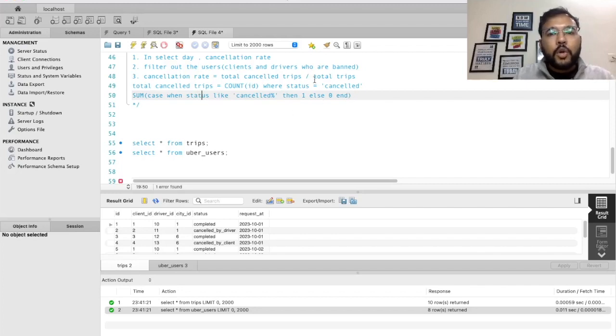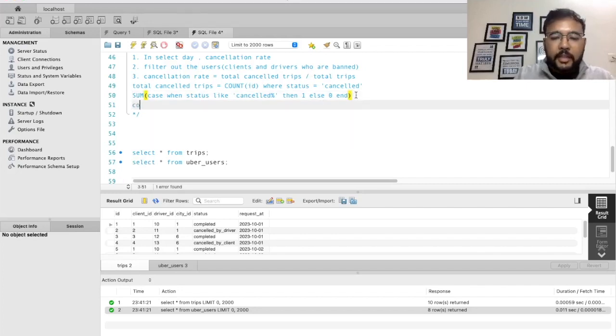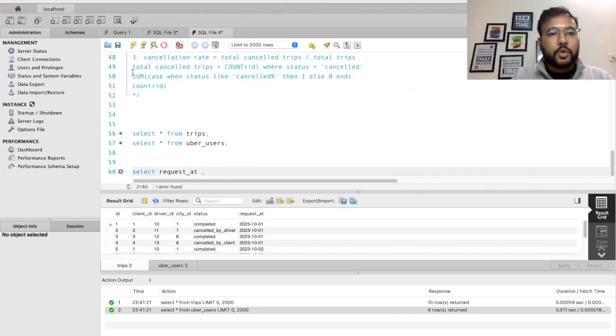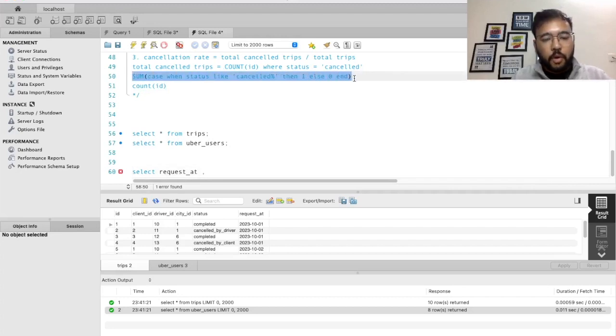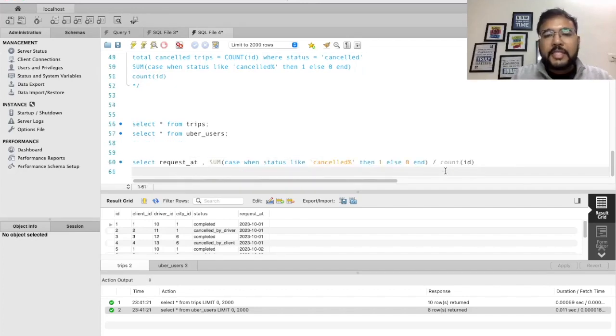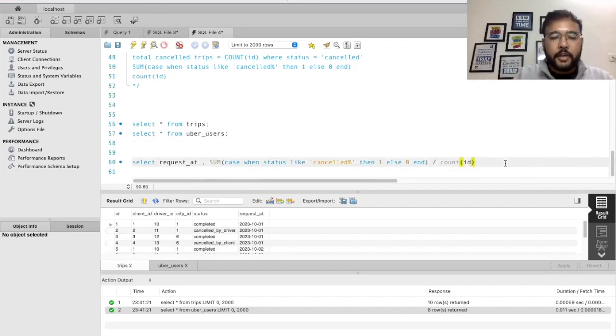Now for the total trips, we can simply take the count of ID, right? This ID is the ID in the trips table, right? And moving further, in order to calculate this cancellation rate, we can divide this by this, right? So let me write it here. So sum of this divided by count of ID, right? So guys, this part will give us the cancellation rate